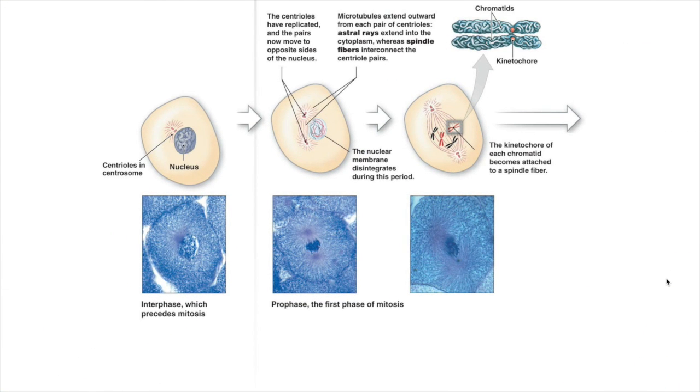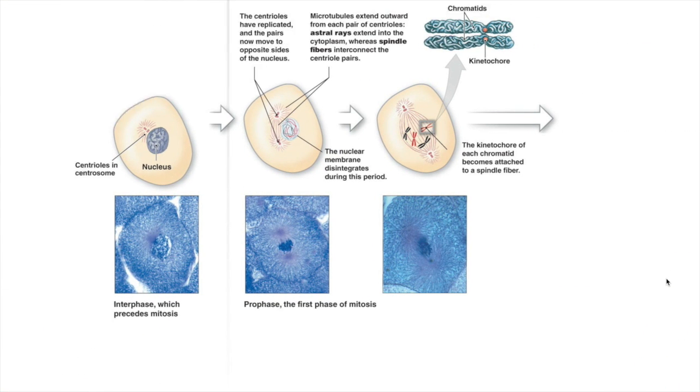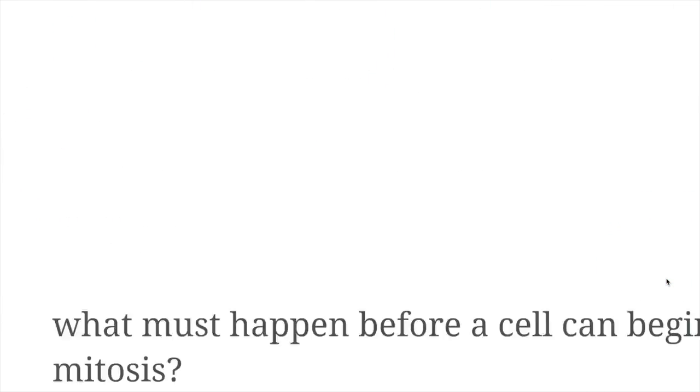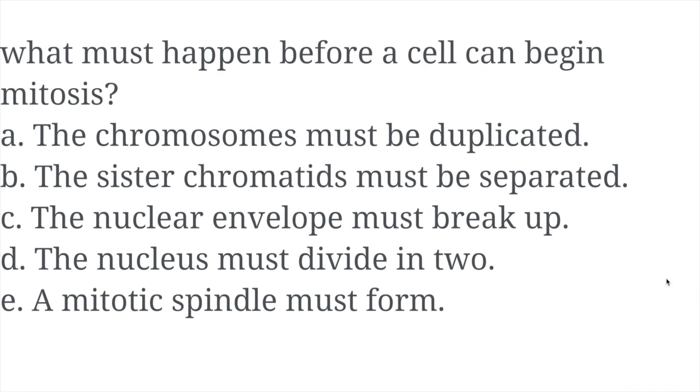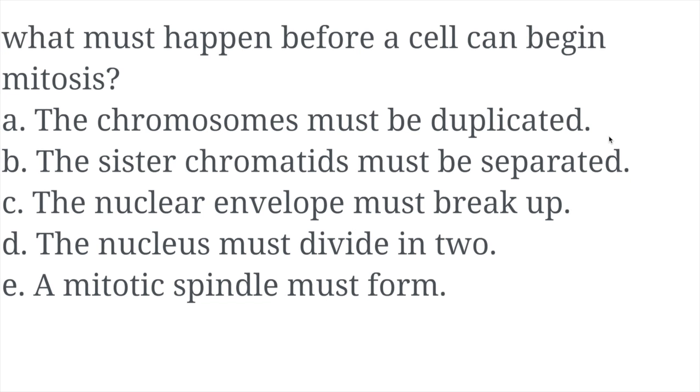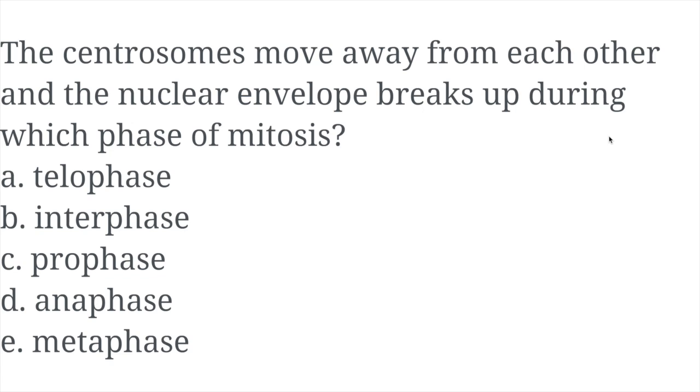Alright, last thing we're going to talk about, we're not going to go through all the phases right now. The movie did that for us. So, what must happen before a cell can begin mitosis? And the correct answer is that the chromosomes have to be duplicated. The centrosomes move away from each other and the nuclear envelope breaks up, during which phase of mitosis? And the correct answer is